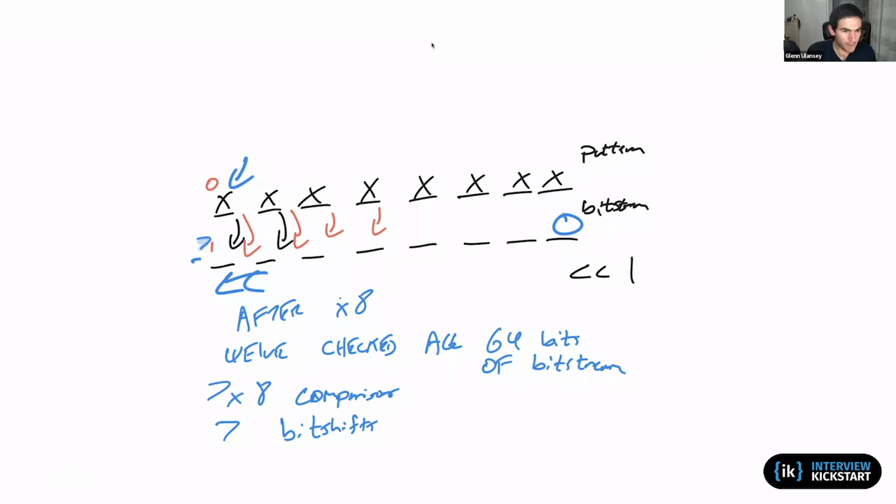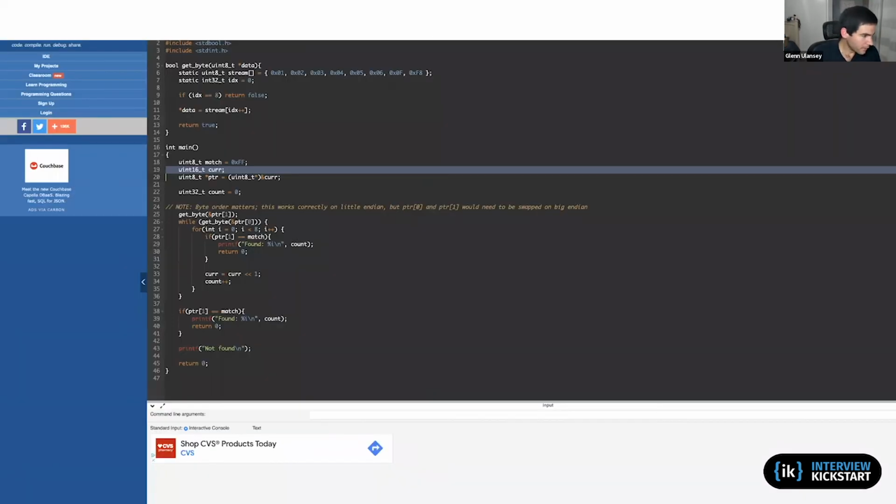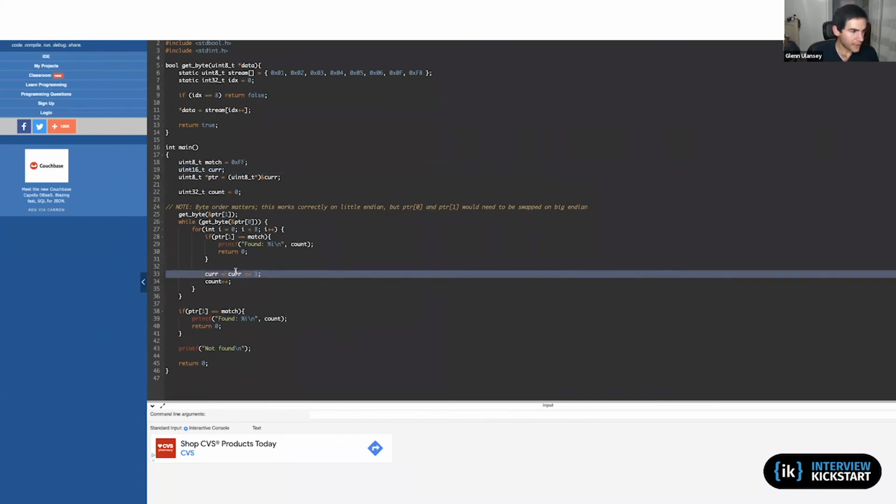Another potential optimization or approach you could take, and we talked about this on Sunday, is using some sort of a lookup table. In our code here, we were having to shift our bit stream every single time because we needed to have our memory aligned correctly. We are only able to do a byte-to-byte comparison if both of those bytes are aligned on a byte boundary. But what if we instead